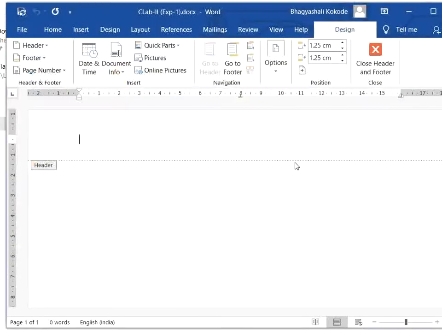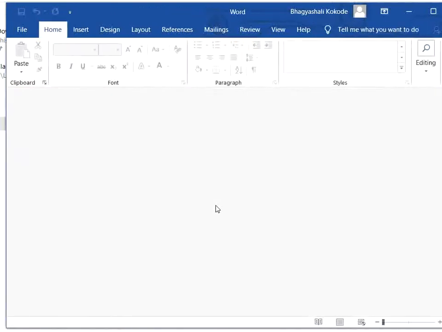Next, we see the shortcut key Control W. Whenever I press Control W, it is used for closing the particular document. You can see that the particular file we created with the name CLab 2 is closed.